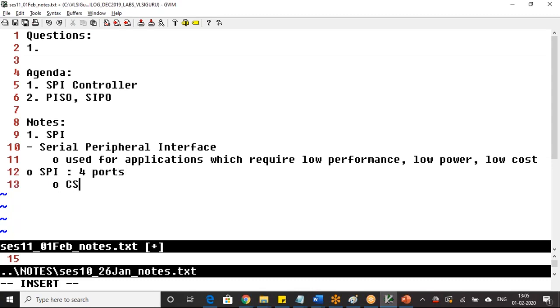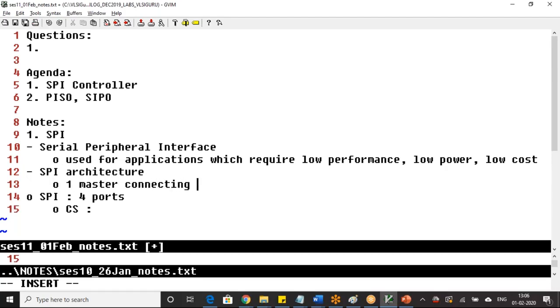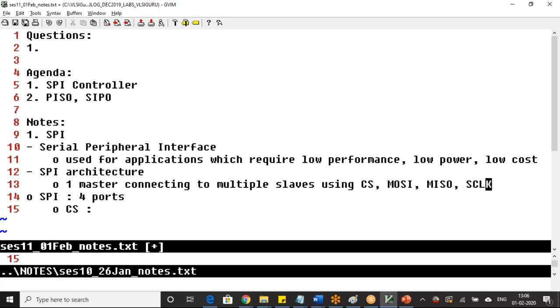One is called chip select. SPI architecture has one master connecting to multiple slaves using chip select, MOSI, MISO and S-clock.